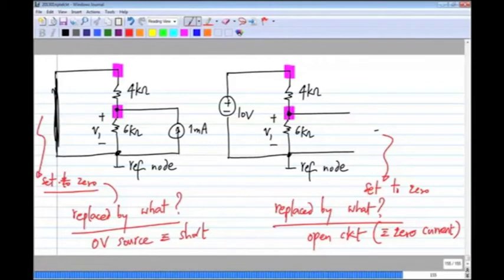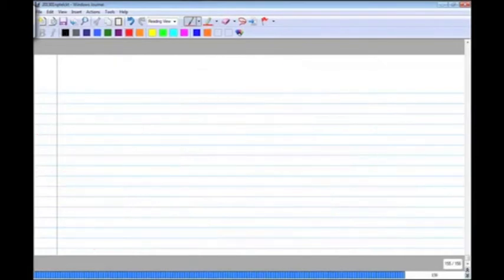Okay. So now in the first case, what is the value of V1? If you observe, the 6 kilo ohm and 4 kilo ohm are in parallel. Okay, it's drawn in a strange way, but really this terminal is common to the two resistors and this also. So both the resistors are connected between this node and that node. So that means they are in parallel. Okay, so what I have really is a 1 milliamp current source going into